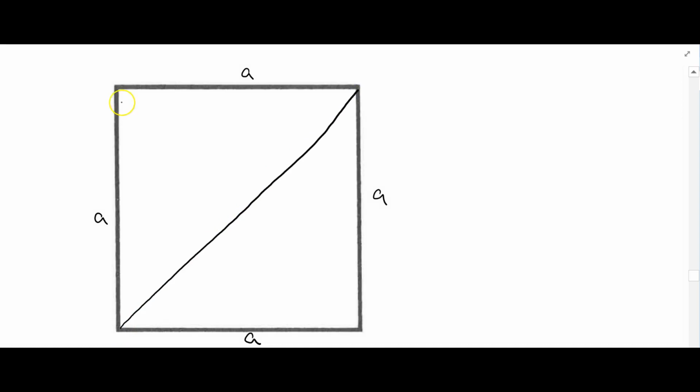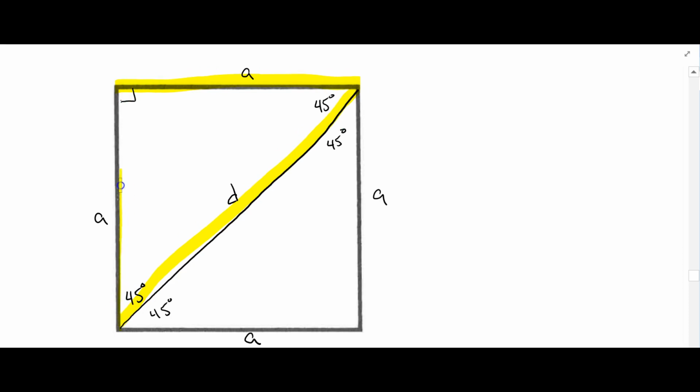So we know that the angles of a square are 90 degrees, and when I draw on this diagonal, I'm going to bisect the angles. So I can see I form two 45, 45, 90 triangles. So we're just going to focus on the one here. Let's call this D for the diagonal. And we can already see that if we're just looking at this triangle here,